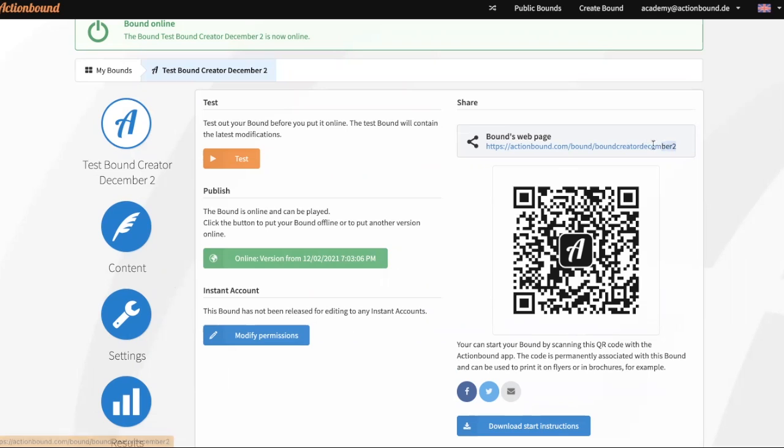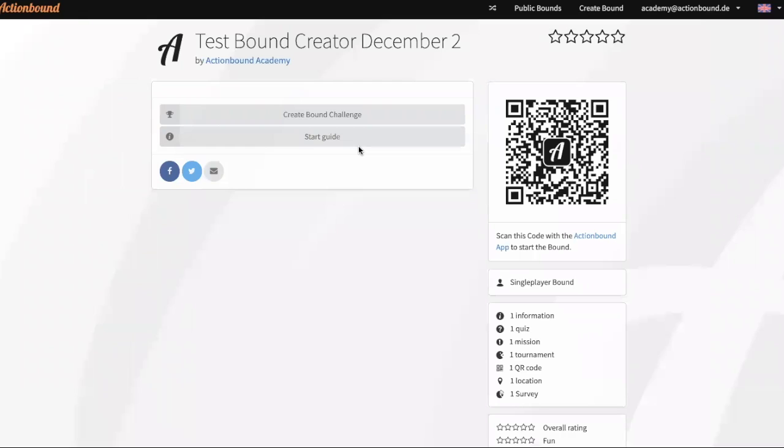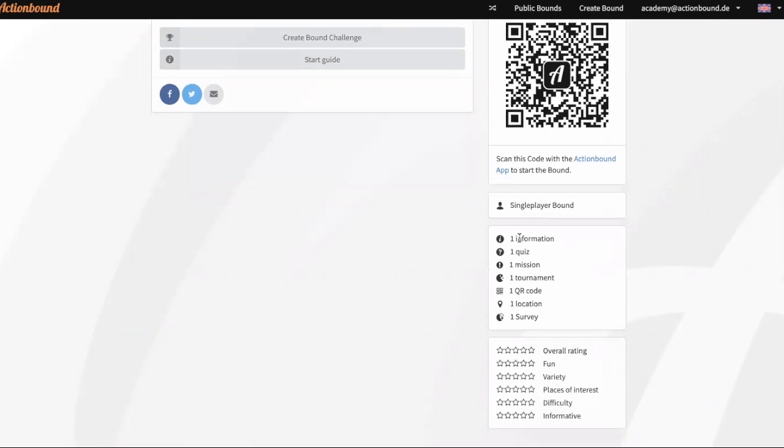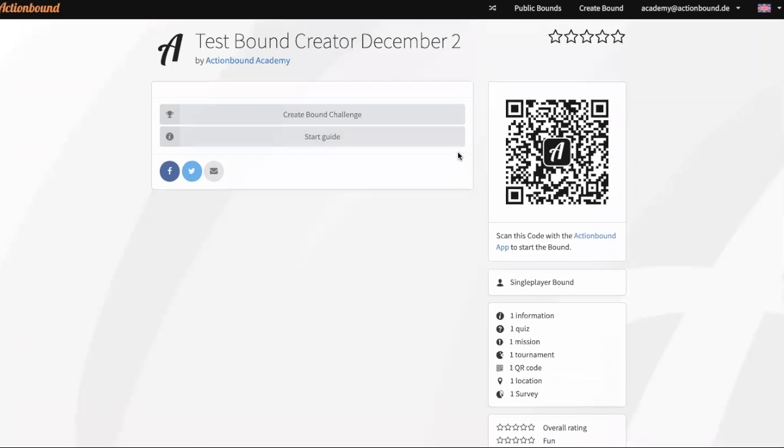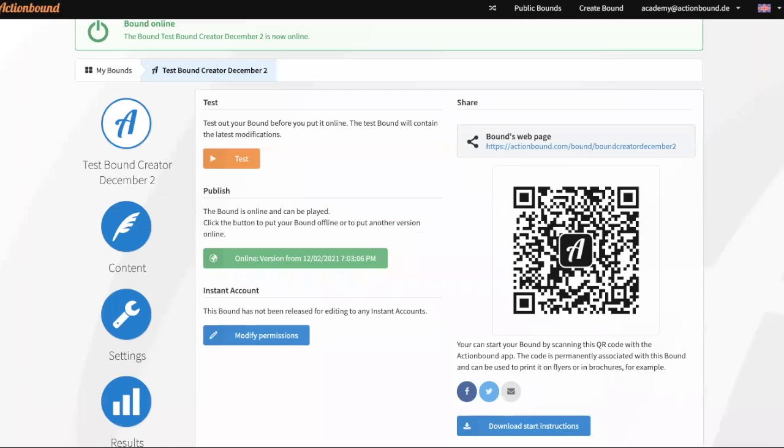The so-called bound's web page with the unique URL we set at the very beginning. And if you click on that, we get to our bound web page with the QR code to start. This one never changes. So this is the one you can print and communicate around the web. You see the Actionbound Academy created this bound. And you see here what kind of game elements are used. Nobody played it or rated it at the moment. That's why you don't have any stars given here. So let's go back